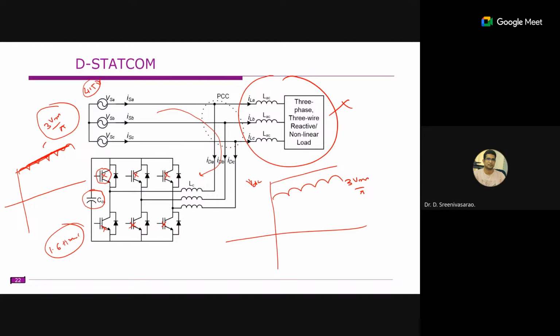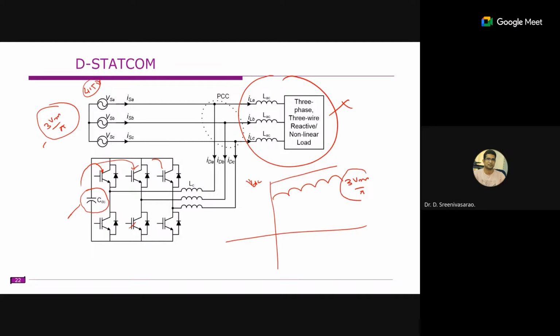So we need to regulate this DC voltage. If it is not regulated, what happens is that the converter consists of several losses, and there is no provision for the real power supply. So this is only having the capacitor, so whatever energy is stored is used to compensate the losses. Therefore, gradually this capacitor voltage will reduce. Once the capacitor voltage falls below this value, it will stop working. So therefore, we need to regulate this one.